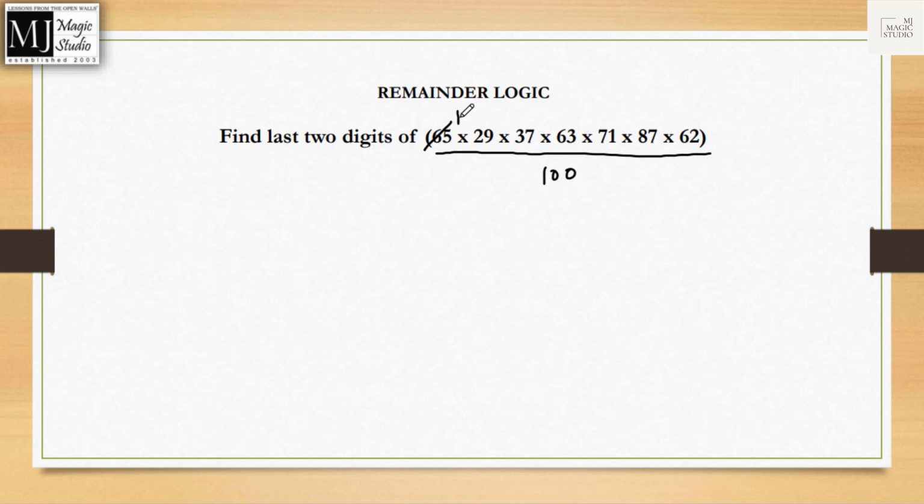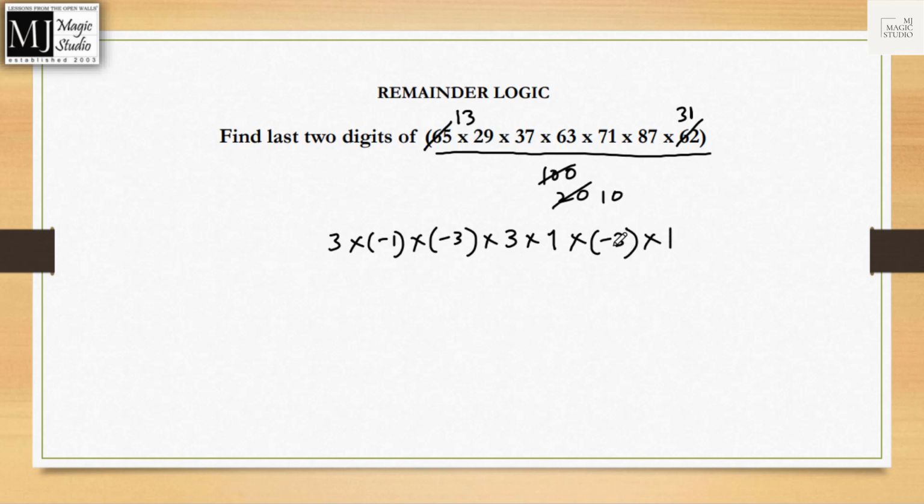5, this will go 13, this will become 20, 2, 10 and this will become 31. 13 by 10, remainder is 3. 29 by 10, remainder will be 9 or minus 1. Then 37 by 10, remainder is 7 or minus 3. 63 by 10, remainder is 3. 71 by 10, remainder is 1. 87 by 10, remainder is 7 or minus 3. 31 by 10, remainder is 1. So we have minus 1,